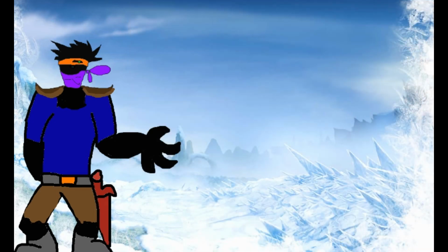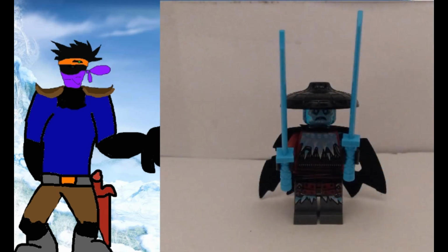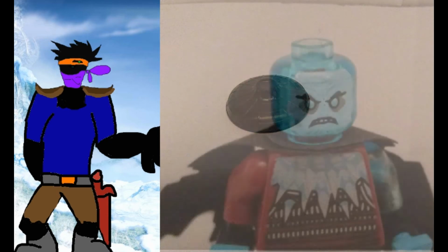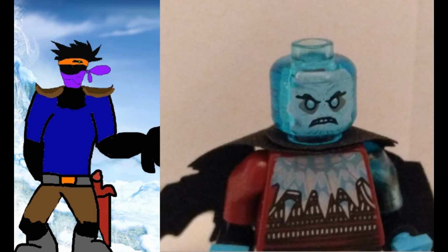The final generic foot soldier is without a doubt the best. The Blizzard Swordmaster, starting with the hat. It's a new style of bamboo hat molded in black. I like it. The head print is new with an angry scowl and a very